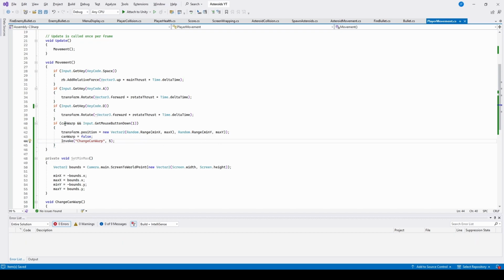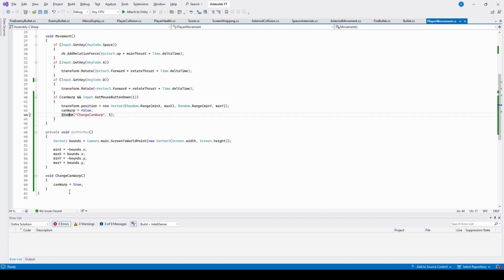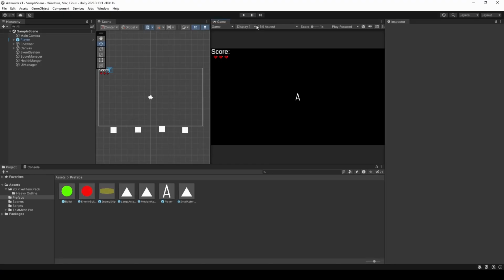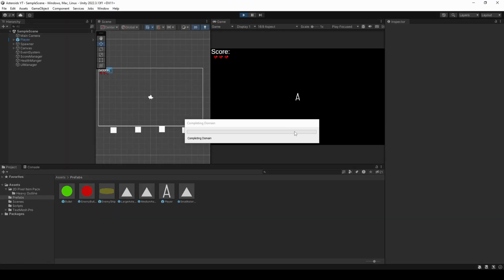So now we should be able to press the mouse button down as long as canWarp is set to true. This is going to set our position to a new random position, and then it's going to set canWarp to false. And then after 5 seconds, we are going to change canWarp back to true so we can press it again. So now back in the game, if we go ahead and test this out,